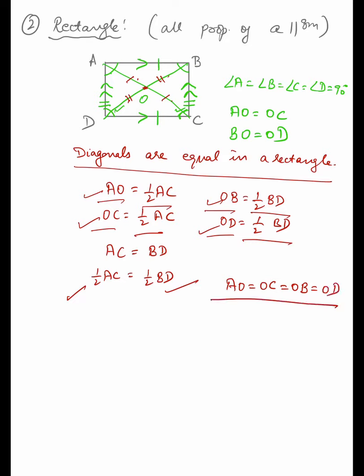Now coming over to the next figure, that is your rhombus. Now what is a rhombus? The third figure I'll start with is a rhombus. A rhombus is also a special type of parallelogram. Now what properties do we have in a rhombus? Let us see that. Does it look like a parallelogram? Yes, it does look like a parallelogram. Now what are the properties?